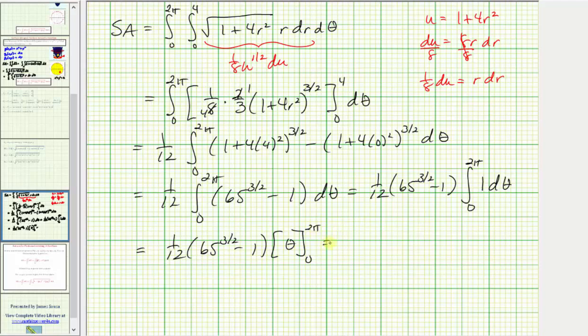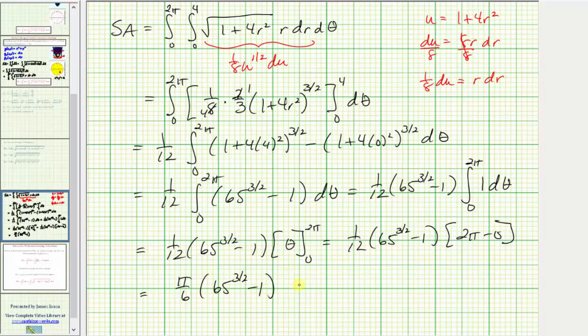Performing substitution, we'll just have 1/12 times the quantity 65 to the 3 halves minus 1 times 2 pi minus 0. So the 2 and the 12 simplify. So the surface area is exactly pi divided by 6 times the quantity 65 to the 3 halves minus 1,